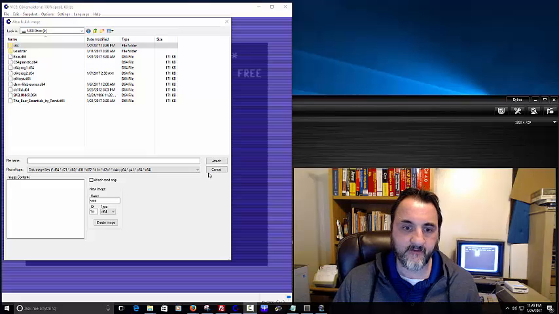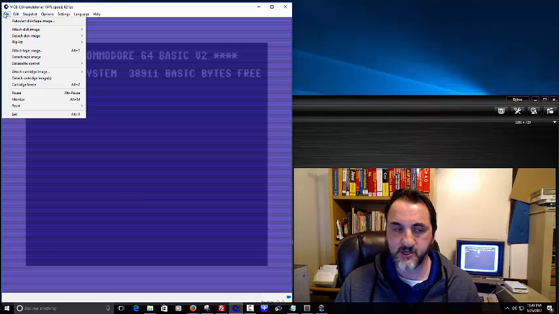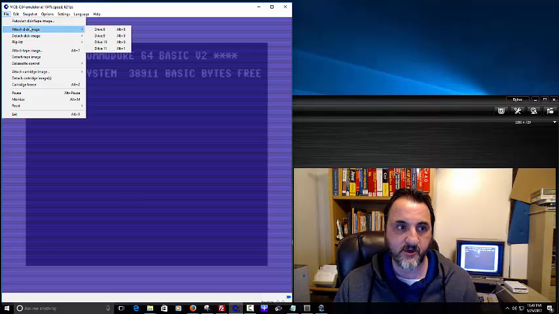Okay, so I've actually got Vice open here. For those who want to know, this is a Vice T64 emulator. It allows you to take Commodore 64 programs and run them directly on your desktop. You can just download it, just do a search on Google for Vice T64. And what I'm going to be doing is showing you how to just pull them off the disk. Kind of a quick tutorial here.